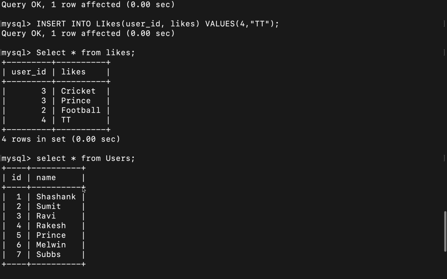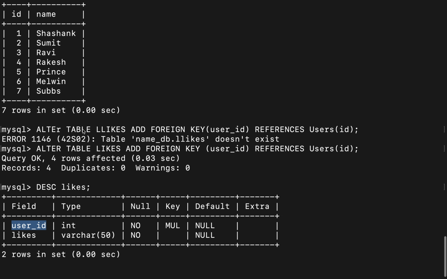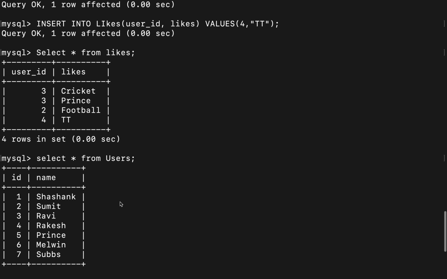Now what will this user ID do, what is the meaning of making this user ID a foreign key, right? So let's understand it practically, because you will find n number of definitions. So basically, let's say in this ID we have values 1 to 7, right? My use case is I don't want 10 in this user ID because it's not there in this table, right? So this is destroying the relation between the tables, because 10 is not there in the table, and we are trying to insert 10 in this likes table, right?